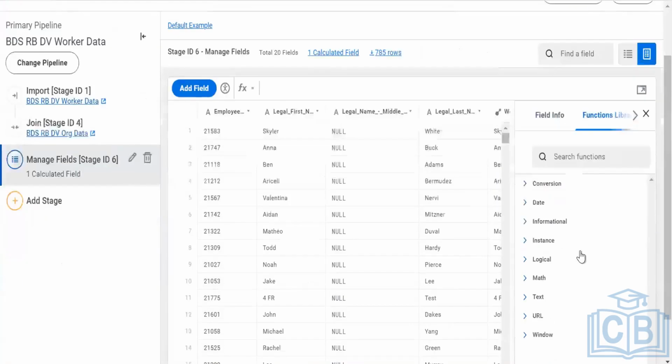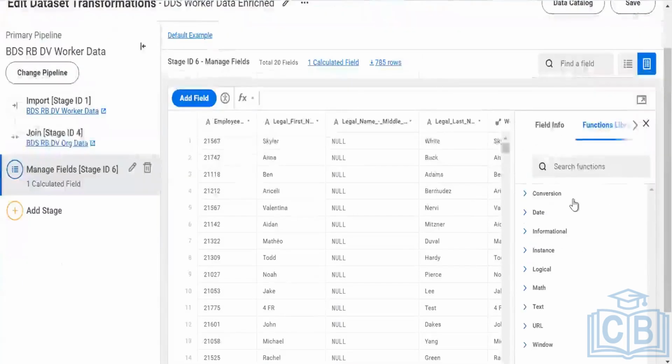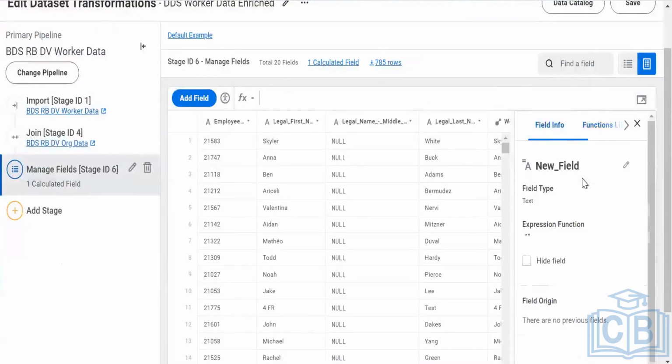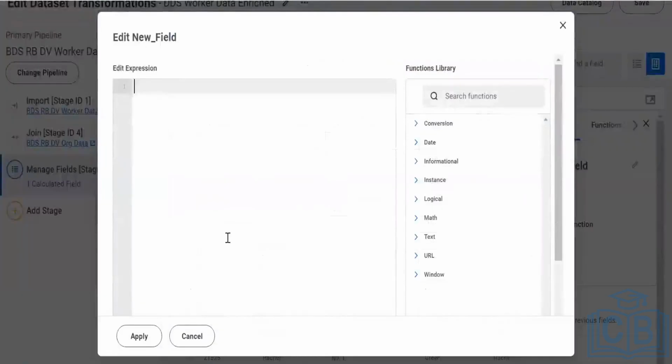When I click on the function library, I get all the functions which are available. Functions are nothing but formulas. The same thing is available in the formula bar. When I click on this, it will expand and I get the same thing. Here I can draft my formula and do some working on this side. Now